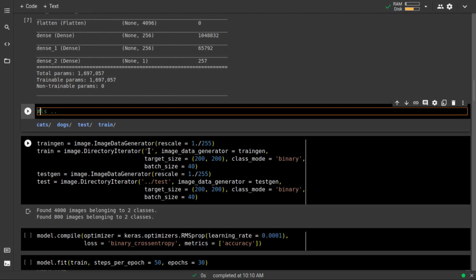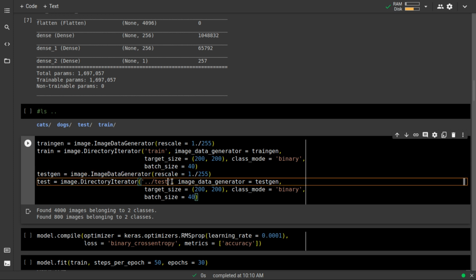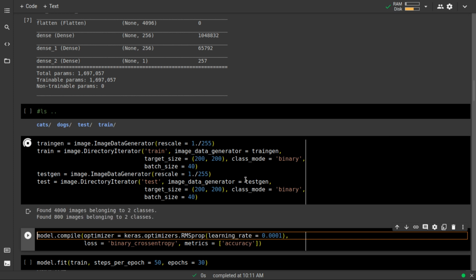All right, so now let's give it the train data, and then it will learn this, and then let's give it the test data generator. Okay, so now let's run this one.